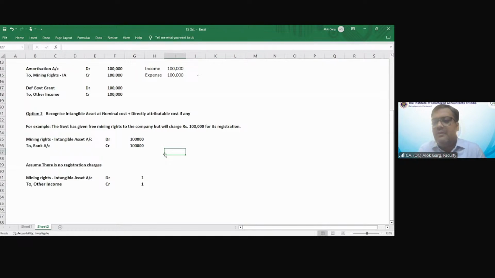For example, the fair value is 2 lakh rupees. So you need to write the accounting entry: intangible asset account debit 2 lakh rupees to deferred government grant liability or government grant liability. You can use any nomenclature, but it has to be very clear that the nomenclature you are using is like a liability. And you can also write there is another option of recognizing intangible asset at nominal amount plus expenditure, if any. So you can write that is also an option.